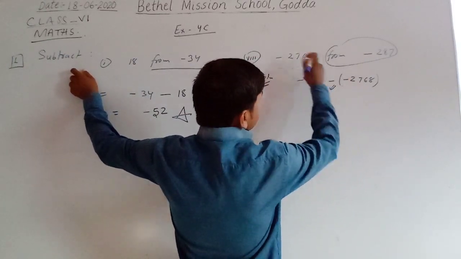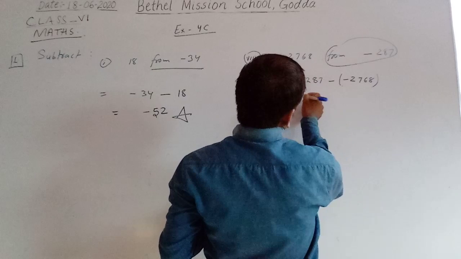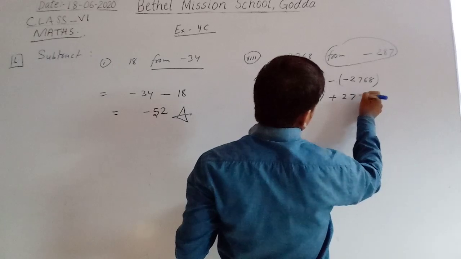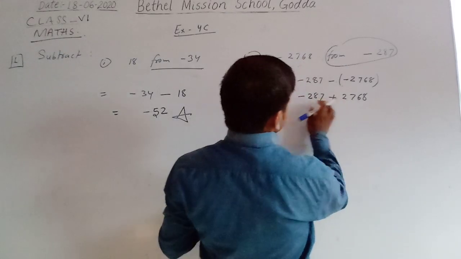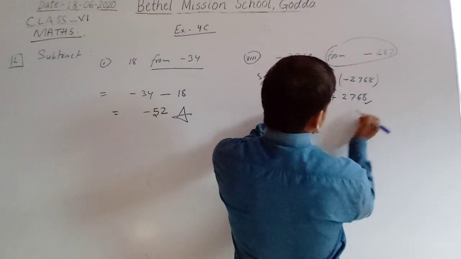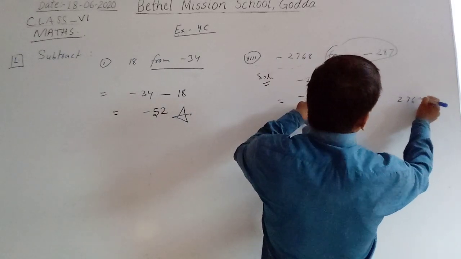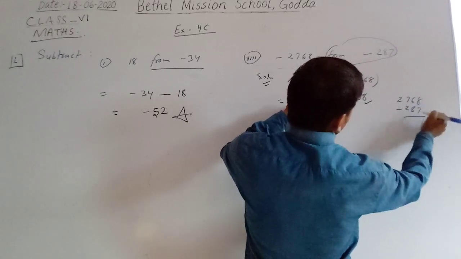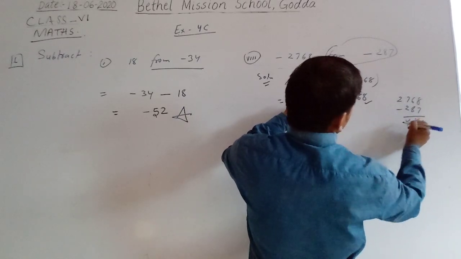Okay, so one minus symbol I have written from this. Okay, and another is given in the question. Okay, now so minus 287 minus plus 2768. Okay, so now you know that minus plus minus we have to subtract. So 8 minus 7, that is 1, you have to write first this number. Now this is bigger than 287. Now subtract: 8 minus 7 is 1, 16 minus 8 is 8, and that is 6 minus 2 is 4, and that is 2